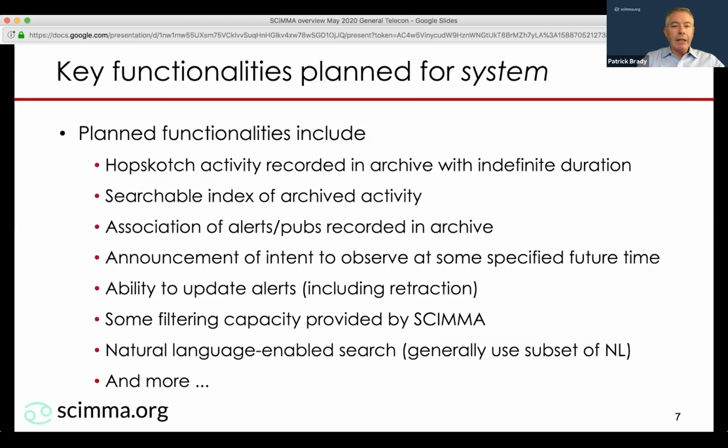There's going to be a little bit of an update later, so I don't want to just read through all of this. If you read through the plan functionality on page 7, you'll get a sense of various things that we imagine happening with the system. It's worth mentioning that we're building on experience from ZTF and paralleling somewhat what's being planned for the Rubin Observatory by using Kafka as the underlying technology, even though, as I say, we're building a thin client over the top that actually makes it easier to access. So that's the first thing.